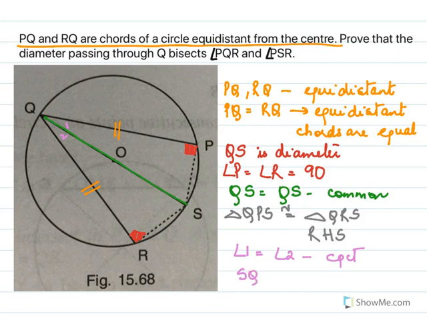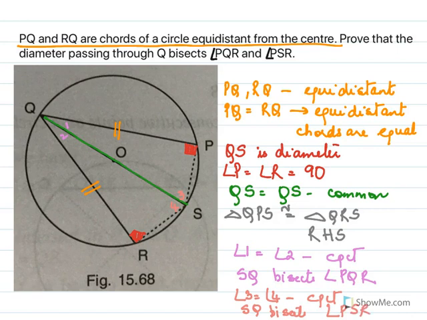So SQ bisects angle PQR. And on the other hand, I can say angle 3 equal to angle 4, CPCT. So SQ also bisects